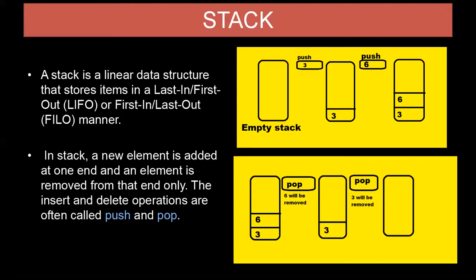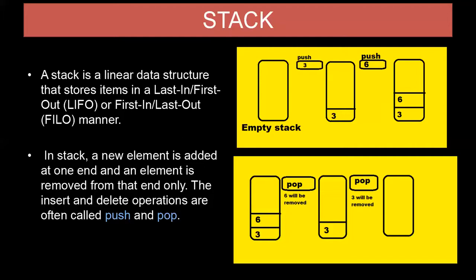If we want to remove an item from the stack, we will use the pop function, or we can say pop word. When we remove an item from the stack, we remove from the top. So this is what LIFO is, last in first out. So the data that is last in the stack will be out first, and the data that is first in will be removed last.